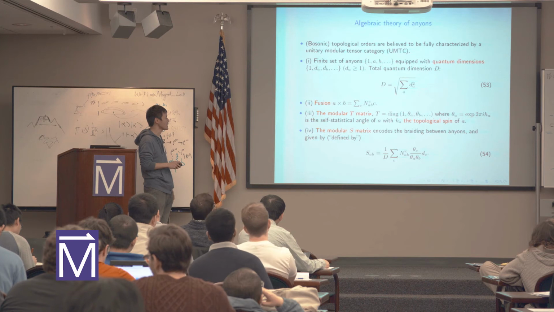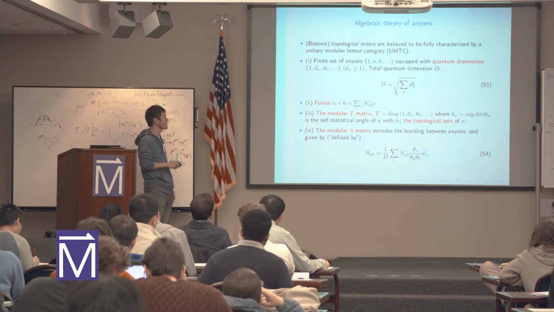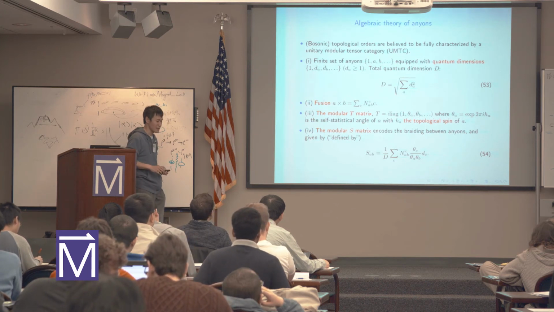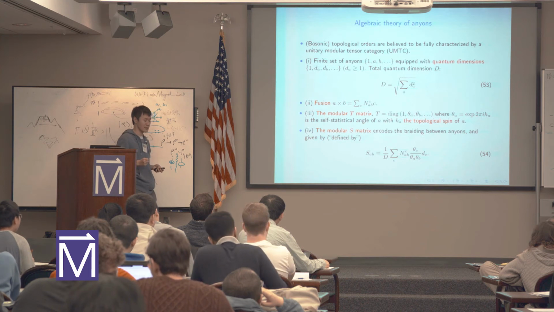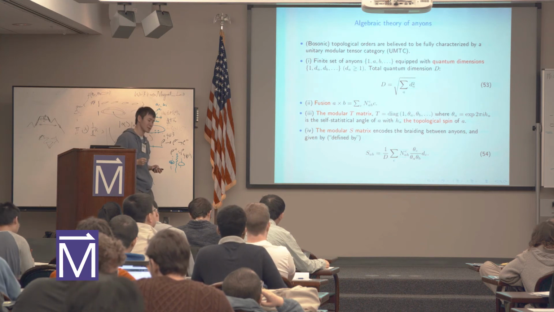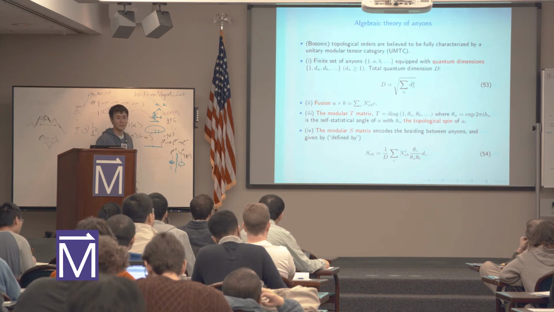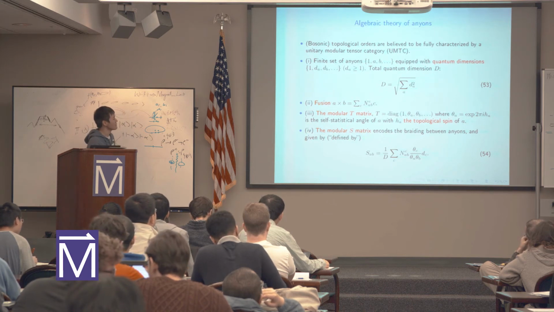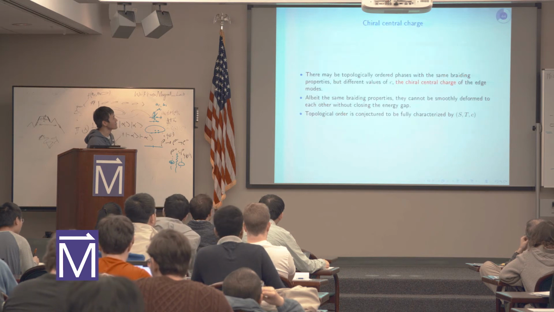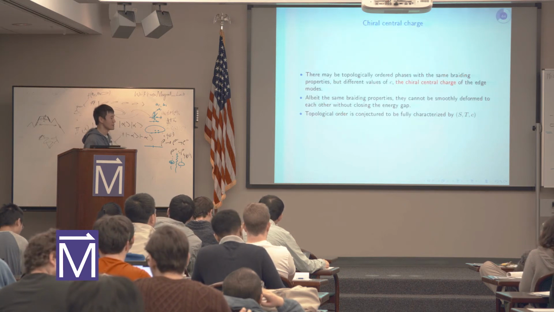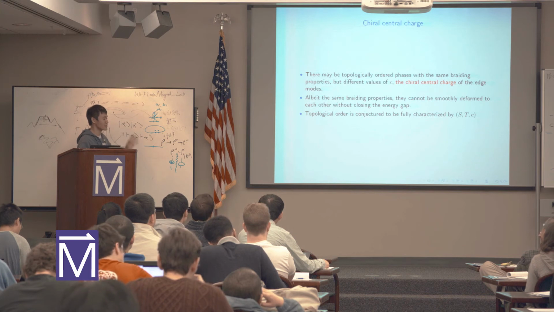So there's also another matrix which we call the S matrix, and that roughly encodes the braiding statistics among different kinds of anyons. And there's a formula relating all these quantities this way. Okay. There's only one more quantity which I need to mention, which has nothing to do with the braiding properties